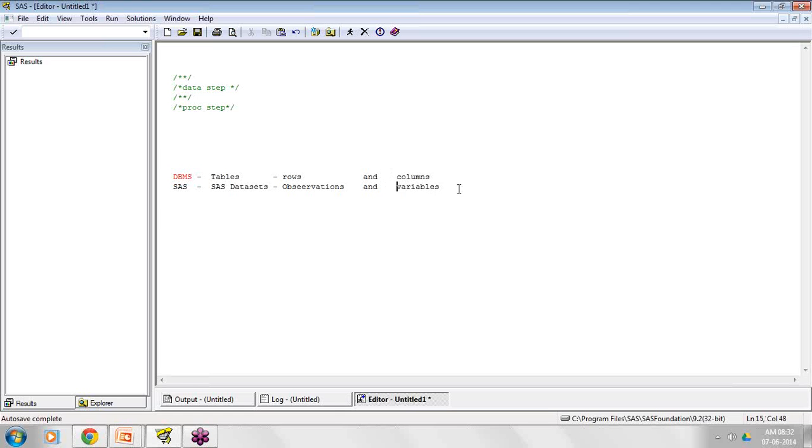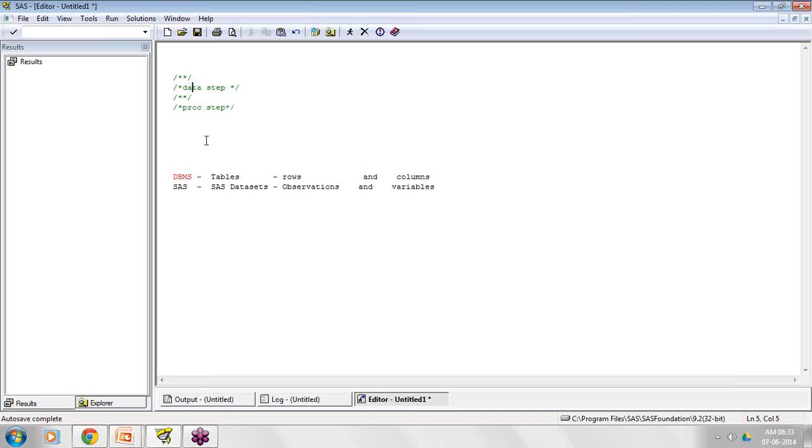In any RDBMS system, our first and foremost step is always creating a table. The moment you create a table, you specify what rows and what observations you want to see. In the same way, if we want to create a SAS data set, as I told you, we always use a SAS data step.